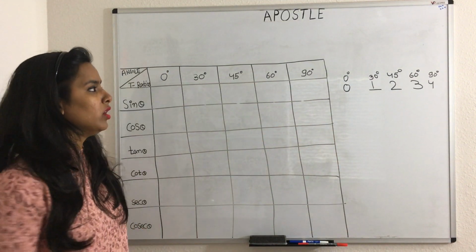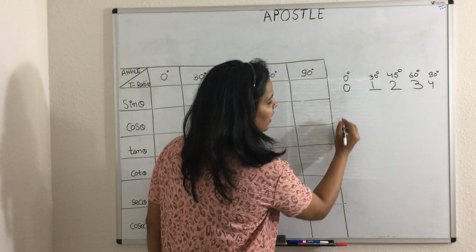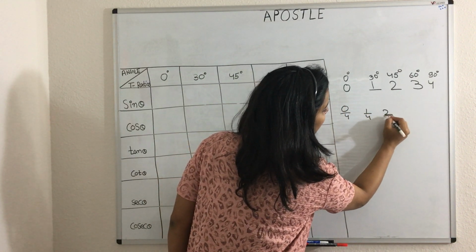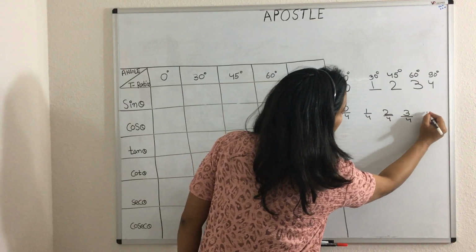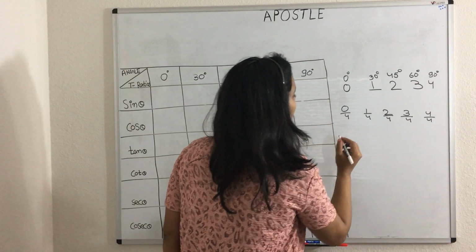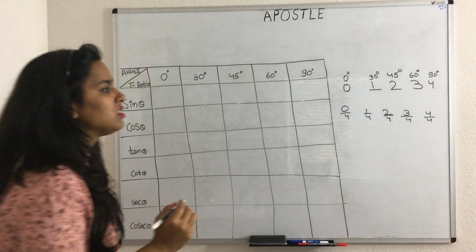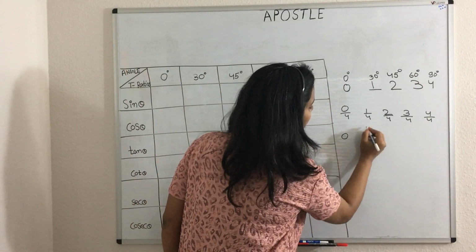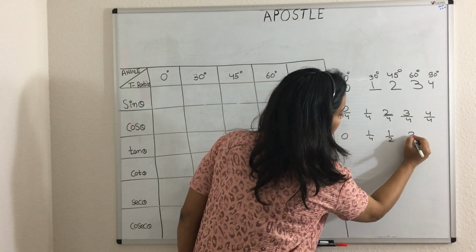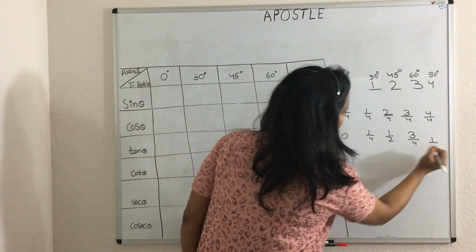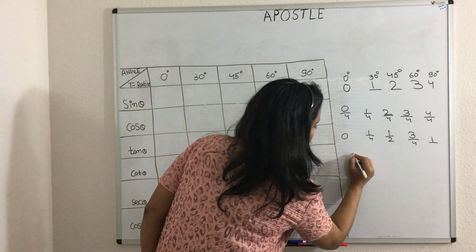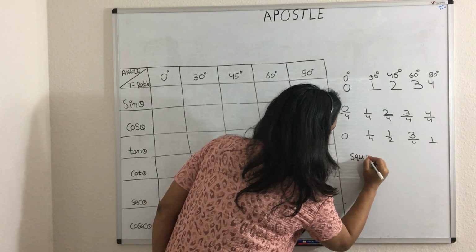Now in our short trick we write 0, 1, 2, 3 and 4. The last term is 4, so we divide the overall equation by 4. So 0 by 4, 1 by 4, 2 by 4, 3 by 4 and finally 4 by 4. When we divide 0 by any number, what is the answer? It's 0 only. And 1 by 4 is 1 by 4 only, 2 by 4 is 1 by 2, 3 by 4 and 1. Now we are going to take the square root of the above equation.